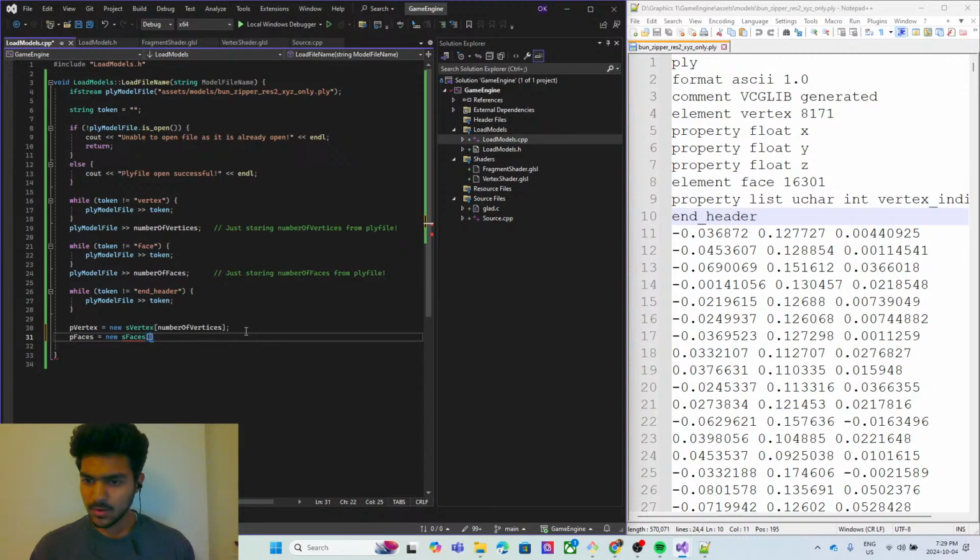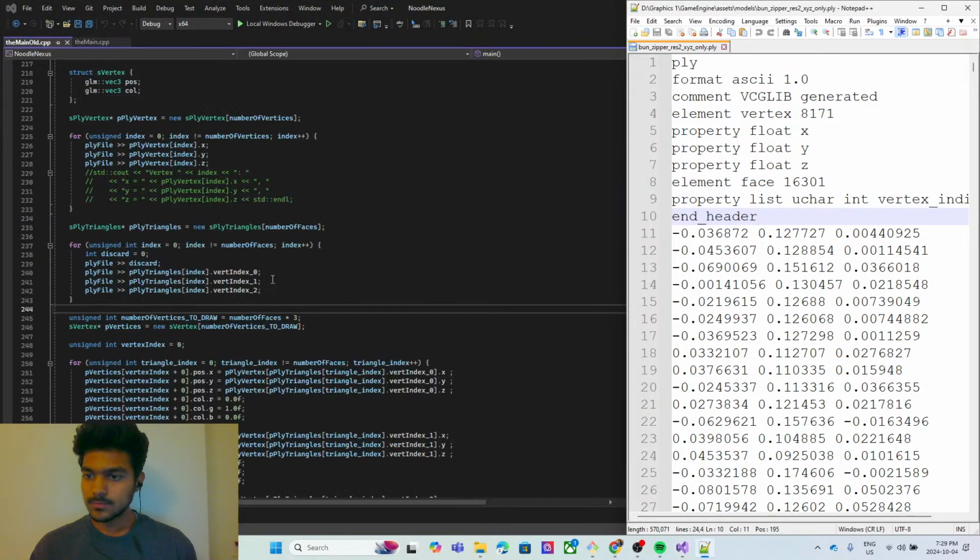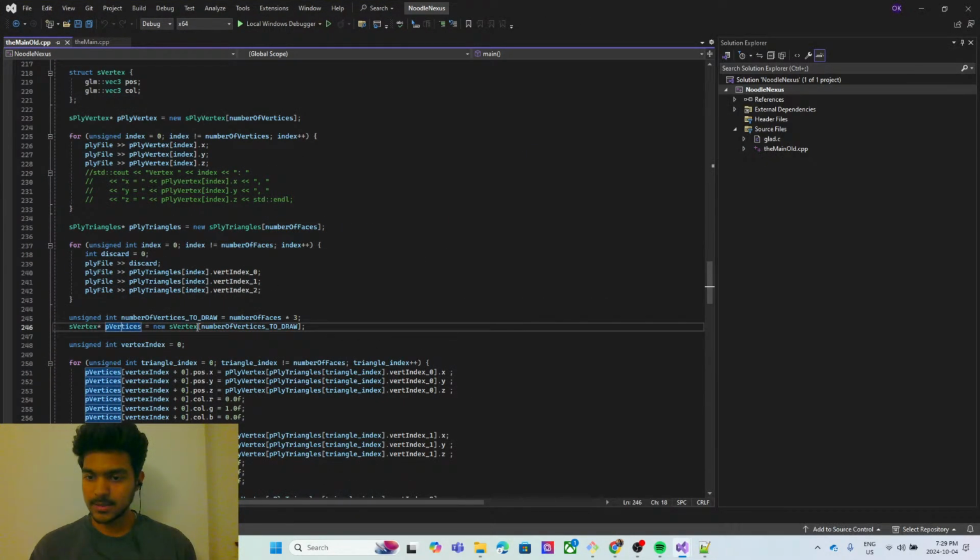Is that correct? Number of faces. So this, do I want the vertices, number of vertices to draw? This one is different from the vertex pointer. These are the actual vertices to draw. So